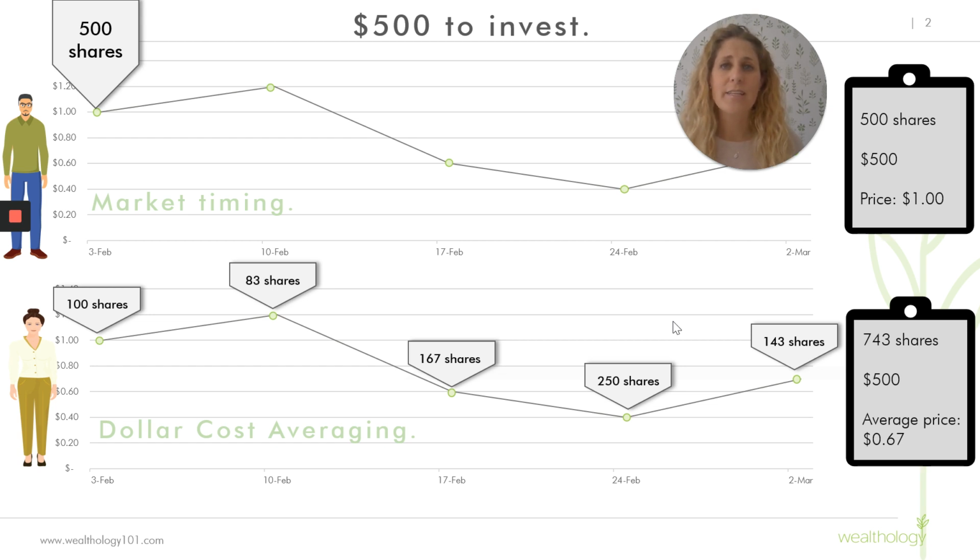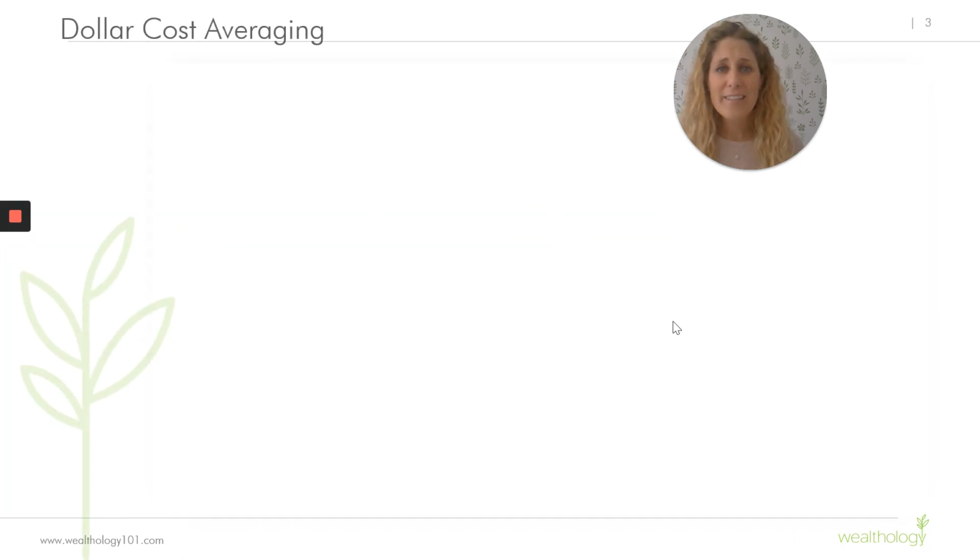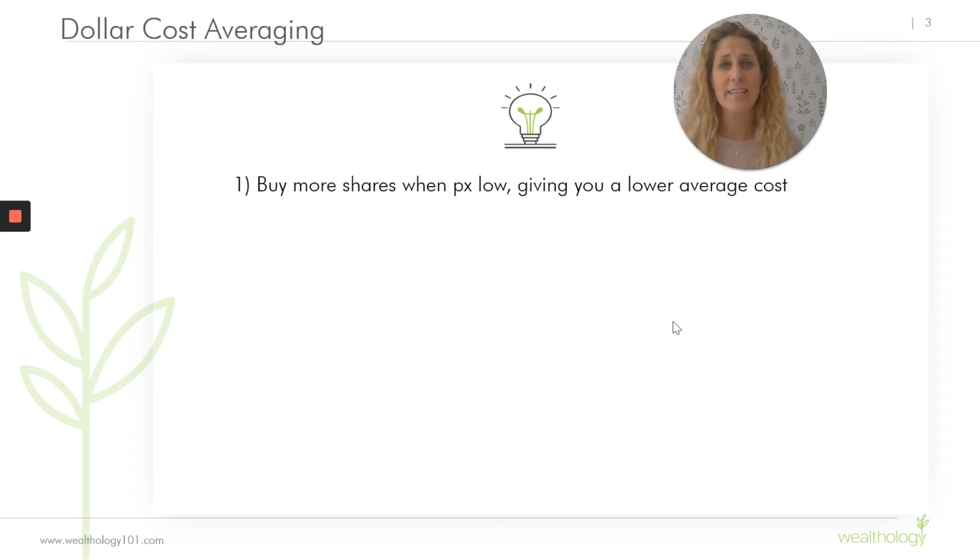Dollar cost averaging is a much lower risk way of investing, but the problem is when the market feels as volatile as it is right now, it feels scary to stay the course. But one of the most important elements of dollar cost averaging is making sure that you continue to buy when the market feels at its worst, because as you can see, you get the most value for your money when the market is low. I like dollar cost averaging for a lot of reasons.